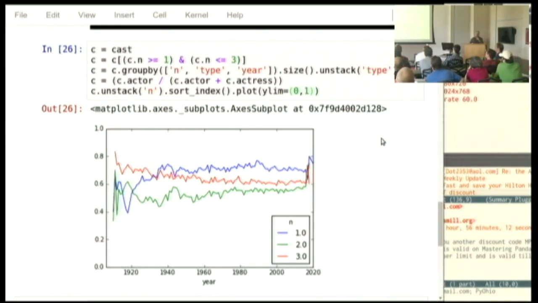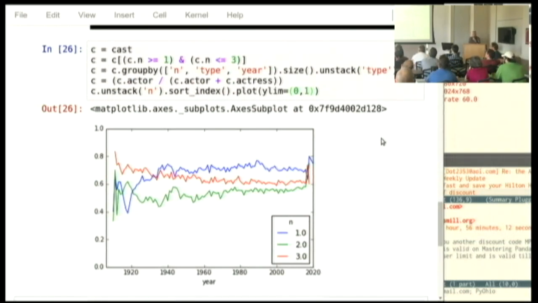Just so we get some scale here. There are so few people in films back in the 19-teens that those numbers, as you can see, have a wide variance from year to year. But as Hollywood really gets going, again, this interesting pattern that we saw in miniature in the 1950s is that the leading role, n equals 1, about 75% of the time is an actor role. That kind of ramped up to 75%, and only in the 2000s, the 90s and 2000s, did it bump back